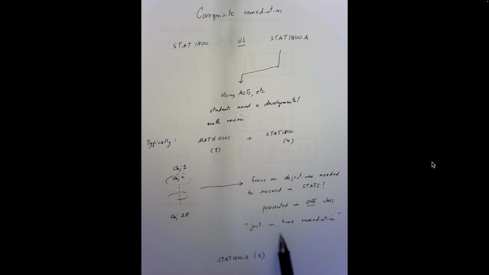And we use this catchphrase called just-in-time remediation, which means instead of teaching this content in a semester before, maybe even a year before, maybe 5 years before, when you have a chance to forget it, we teach it just before you use it. Okay, so what we have as a result is we have Stat 1800A, which is a 5 credit class, which is taken in one semester as compared to 2. And instead of paying for 7 credit hours, you only pay for 5. So I hope that makes sense, the motivation for